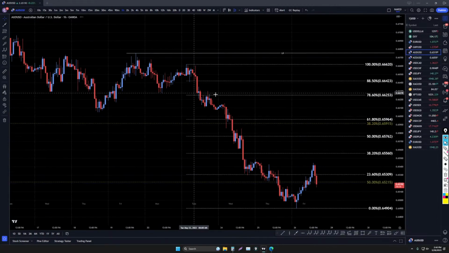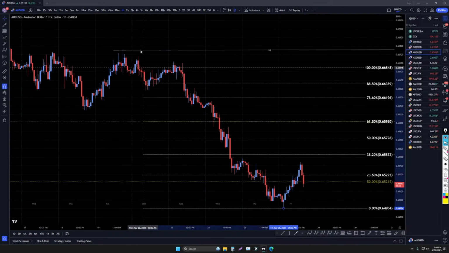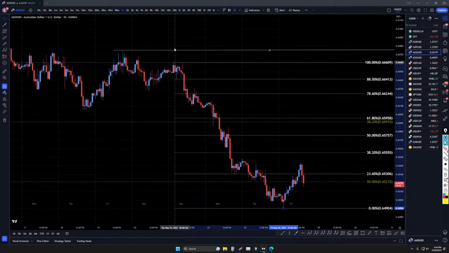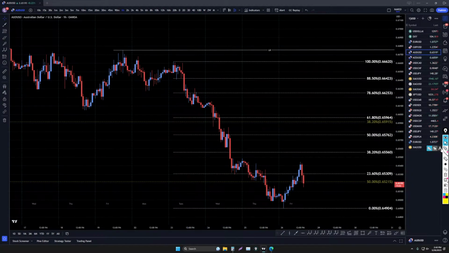So 1-hour time frame, we definitely are turning. Maybe if we move our fib up here, will it be bouncing off a level? No, not really. So not really much of a fib bounce right there. So this one also kind of looks like it's trying to make a wave B. So we do have to be a little cautious about this move down. It may end up recovering and actually going back up again.